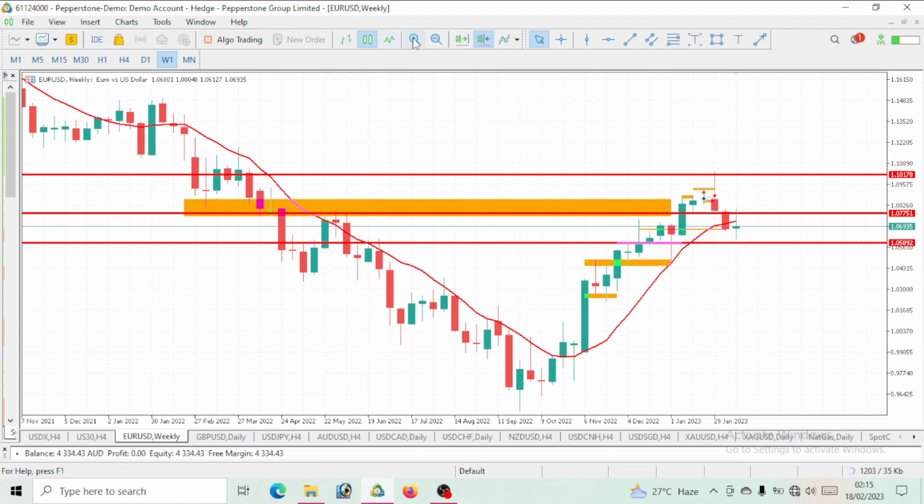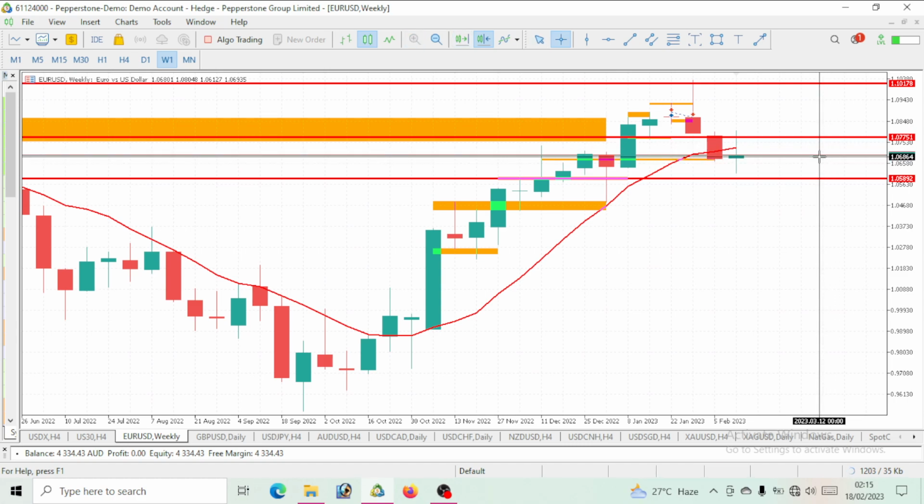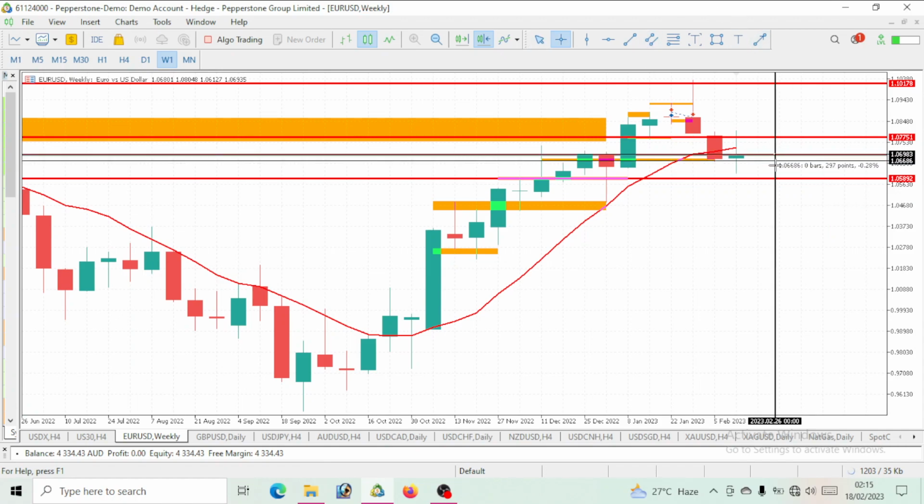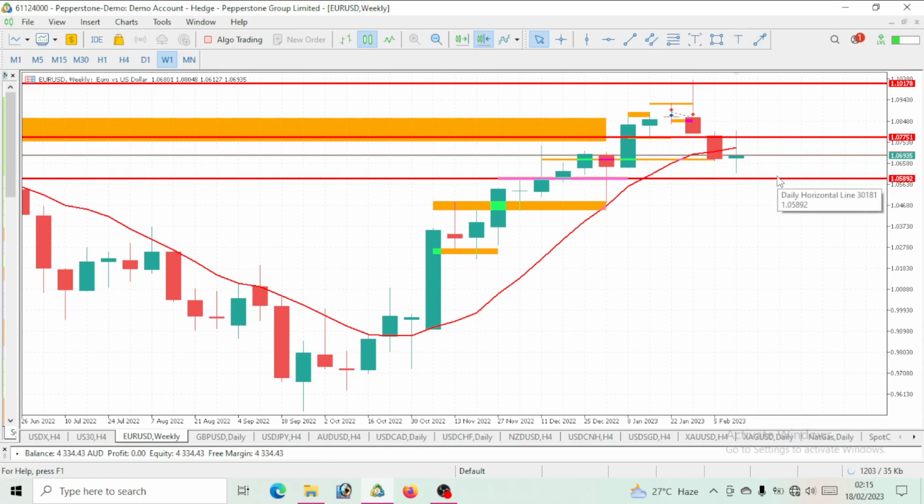So basically, what we would want to see on this DXY for this week is, let us see if we can have about a 100 pips drop and more. We should be expecting probably like a 150 to 200 pips bearish move. But if we can grab a 100 pips bearish move or 100 pips drop on Euro USD, that will be fine, right? So let's say from here to this level that I've highlighted, which is 100 pips. So this is the level that I am watching out for, which is a level of